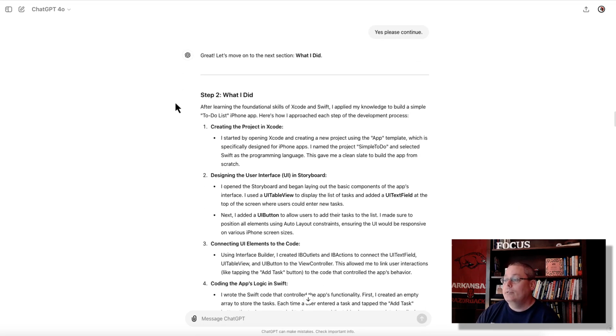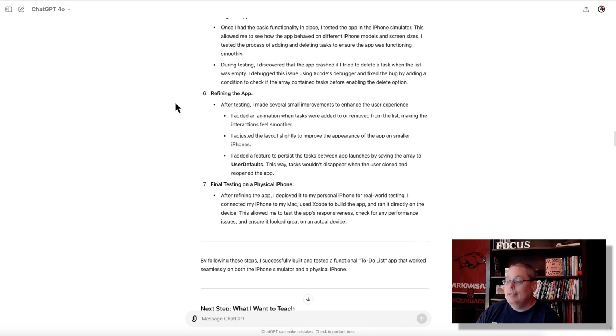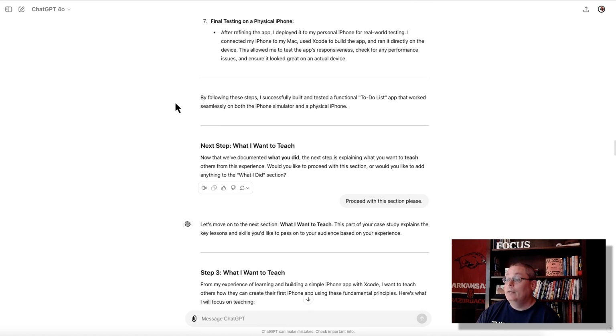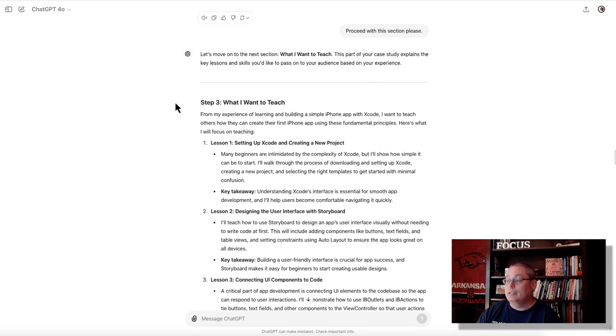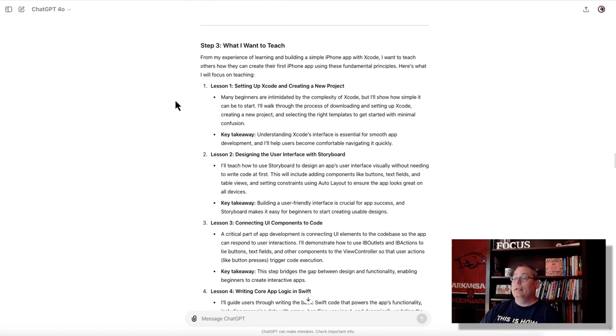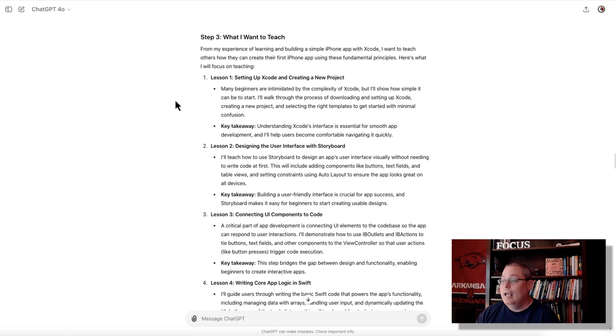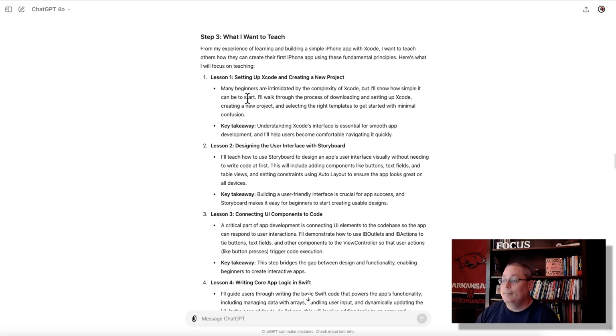So it went back through, it said step 2, what I did, and it just had this whole conversation. And then it went through the next step and it said, yes, please continue, what I want to teach. And at this point, it's breaking down each lesson. And when it gets to what I want to teach, this is really what your information product is. But you needed the LDT model to understand and to have the focus on the fact that you need to learn. Either you already know something and you need to learn more about it so you can do it in a way that you can teach it, and it breaks it down lesson by lesson,